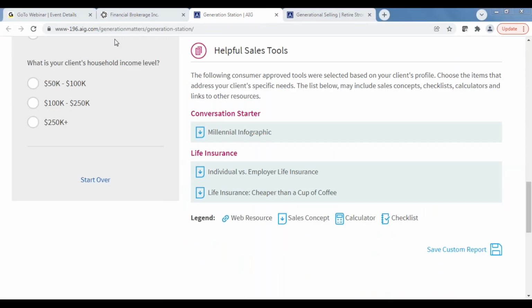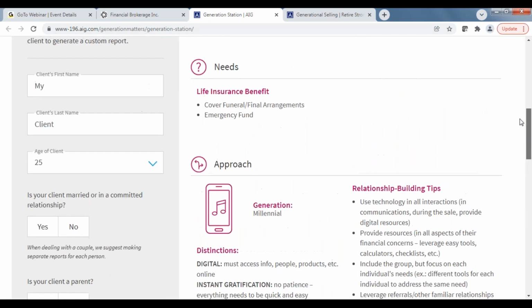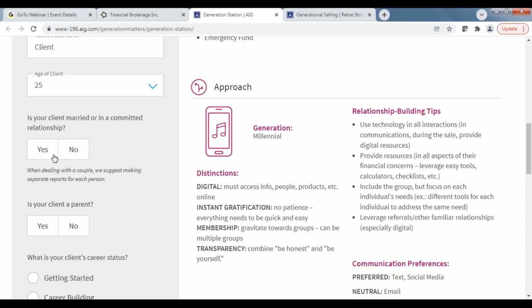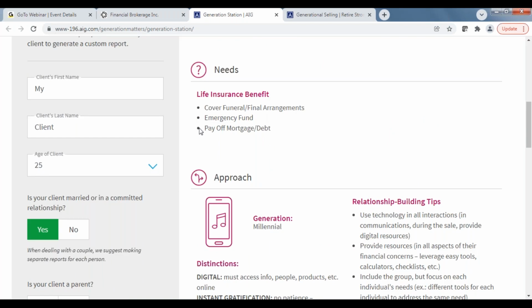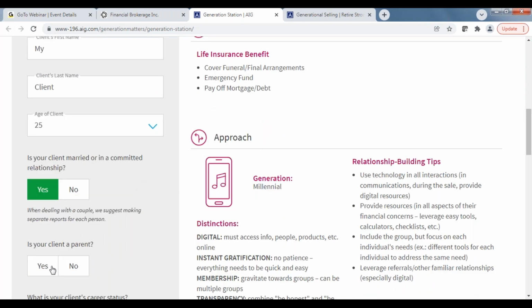Right, so those are a few resources, but we can have more items appear here if we enter more data on the client. So as you're having the conversation with this person, you're probably going to ask if they're married. And let's say the person is married. Right away, it assumes that they have a mortgage, or that they have some debt, and that's another potential life insurance need. Let's say this person is a parent,